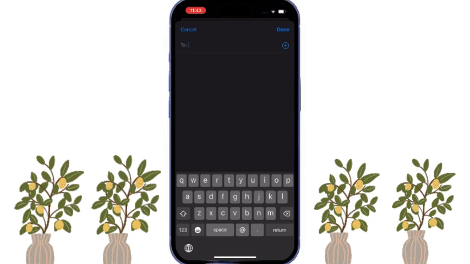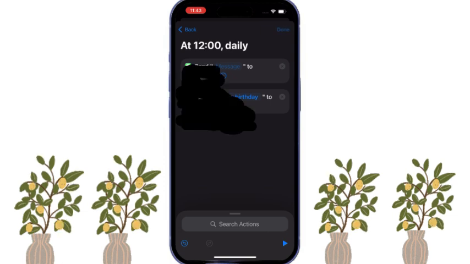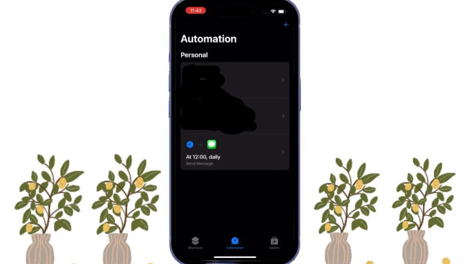After selecting the contact you want to send the message to, or schedule the message for, you have to press the Done button on the top bar. Then this is the procedure for how you can schedule a message on your WhatsApp. Then your message is scheduled. Whether you're online or offline doesn't matter, your message is sent to the person at the time that you selected and the message will be